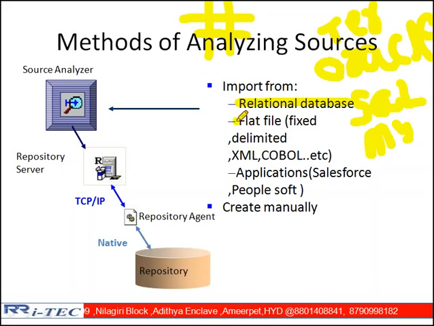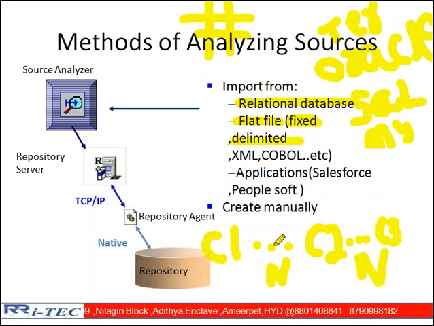Okay. Or you may have the flat file also. And these flat files are again divided into fixed and delimited. Fixed flat files means column 1 is separated with 1 space, 2 spaces, 3 spaces. Column 2 separated with 1 space, 2 spaces, 3 spaces. Then column 3. From column 1 to column 2, column 2 to column 3, if the number of spaces is the same, then it is called fixed. It doesn't mean that it is always 3 only, it may be n number of spaces.